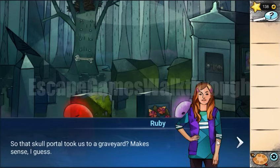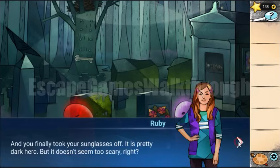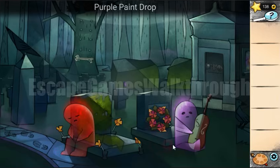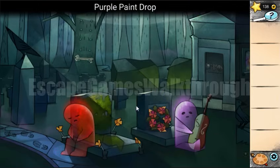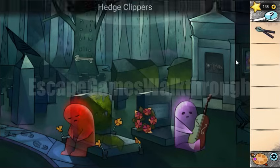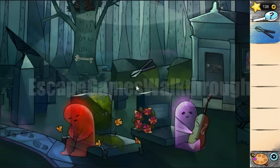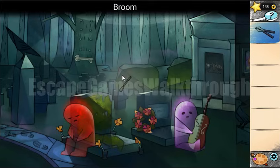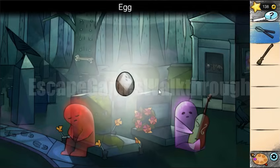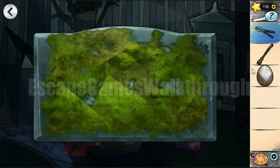So we came to the graveyard, and now let's solve some puzzles here. Okay, so first let's collect the drop we can find here. Here's hedge clippers, and now let's clip the hedge. So here's the broom, and here we have found an egg. And with the broom we can clear now this